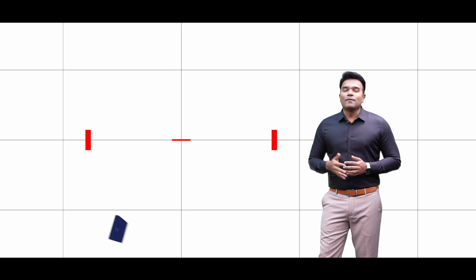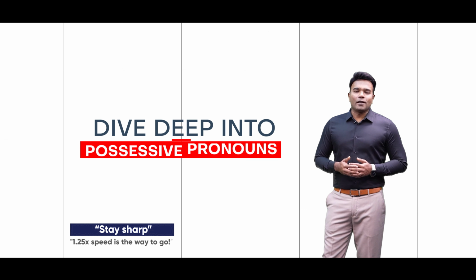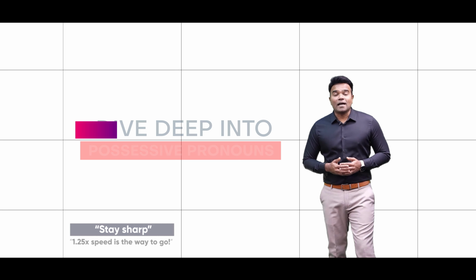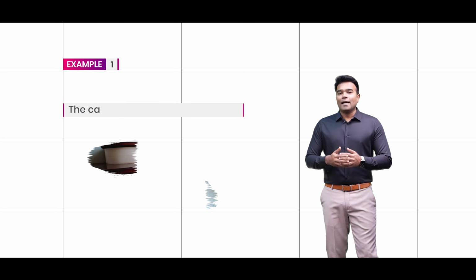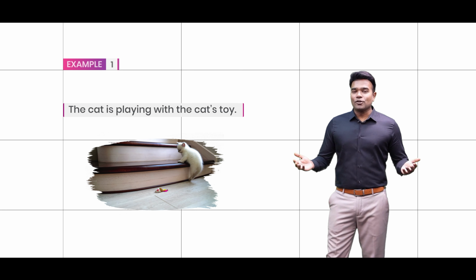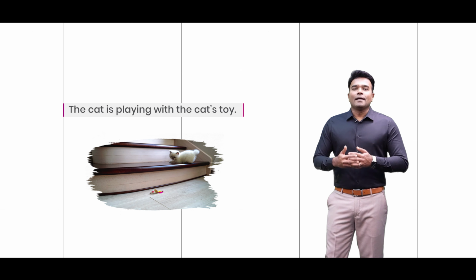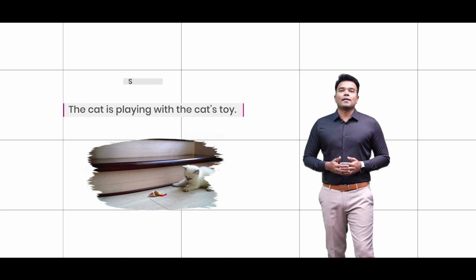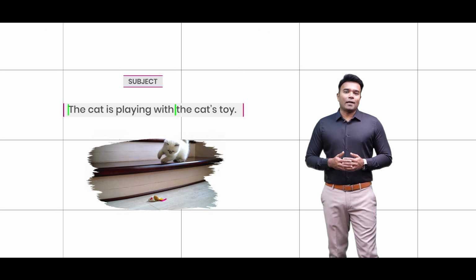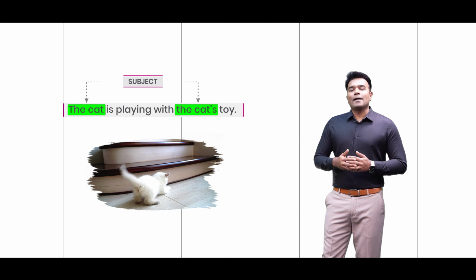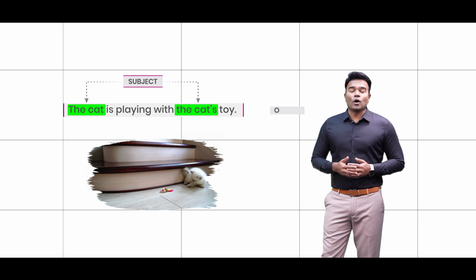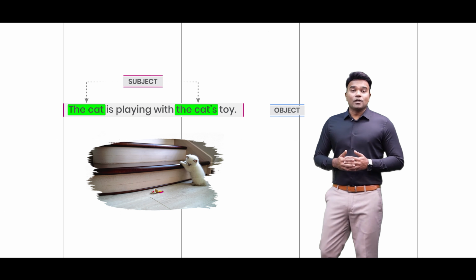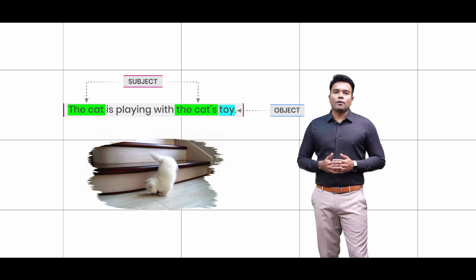Even before I dive deep and tell you what the possessive pronouns really are, have a look at this sentence. The cat is playing with the cat's toy. Well, this sentence definitely looks valid, but then I'm sure you realize that the subject of this sentence, that is, the cat, has appeared twice in the sentence. No doubt, the object of the sentence happens to be the toy, but the repetition of the subject is